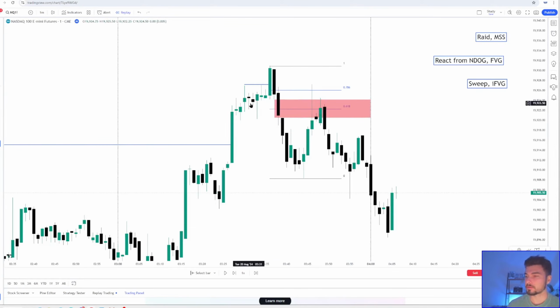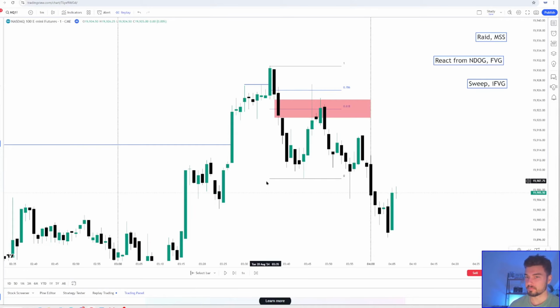You've got a breaker block. You've got a change in the state of delivery past these up close candles when we close below. There's all these things that you could enter from, and this is the beauty about ICT. You find something that works for you, and you use that as an entry model. So these PD arrays are used either as an entry model, or you're looking for price to either respect it